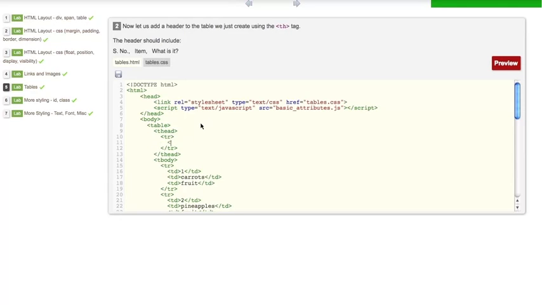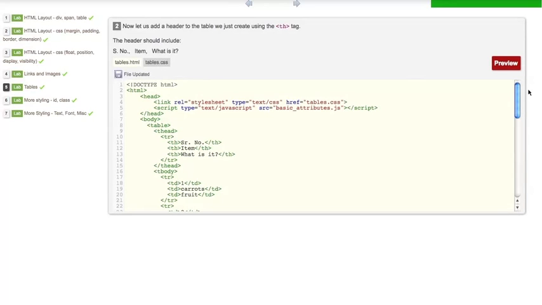Now the difference here is that instead of using the td tag which you use for data, for the heading section you will use a th tag, right? So let's put serial number, the next one will be item, and finally type. So great, now we've added the heading.